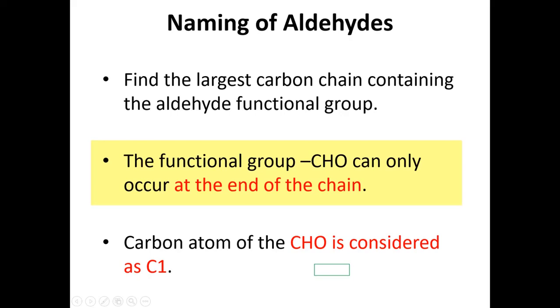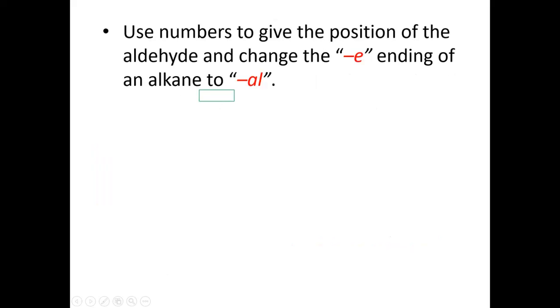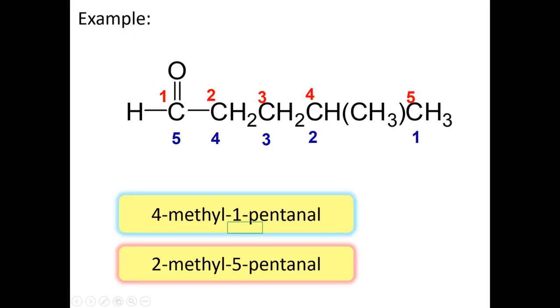Naming of aldehyde. First step, you need to find the largest carbon chain containing the aldehyde functional group. The functional group CHO can only occur at the end of the chain. The carbon atom of the CHO is considered as carbon number 1. You need to use the numbers to give the position of the aldehyde and change the E ending of an alkane to Al. Okay, for example here, when you count from right to left,